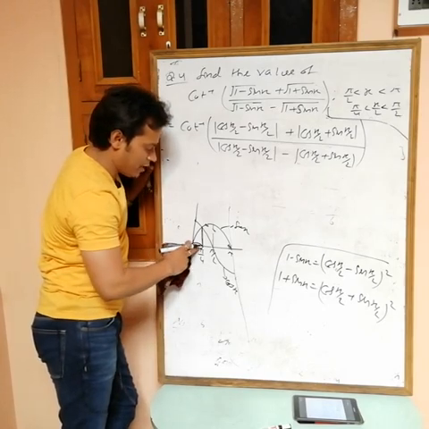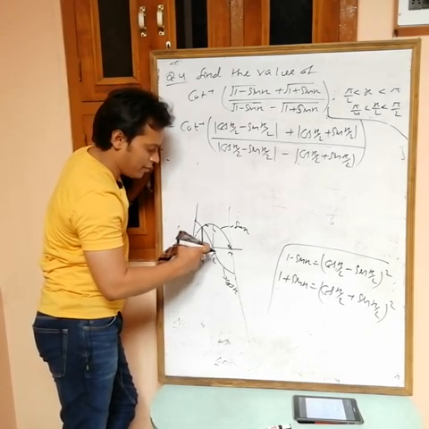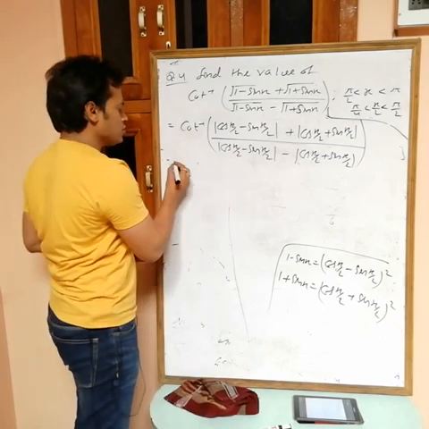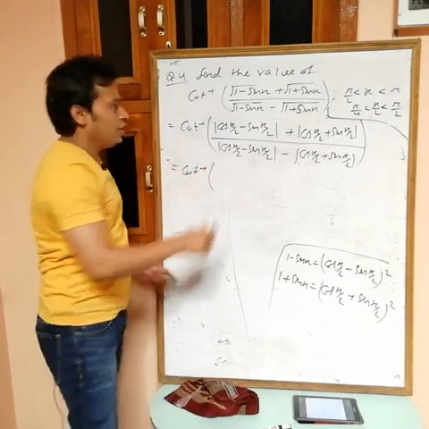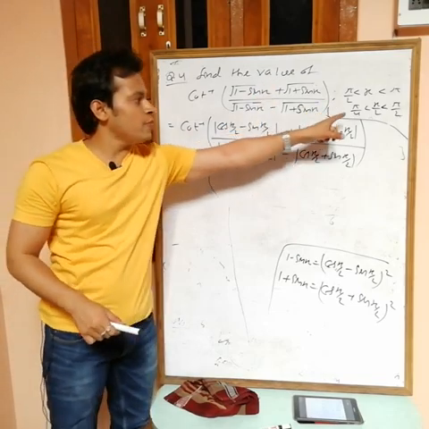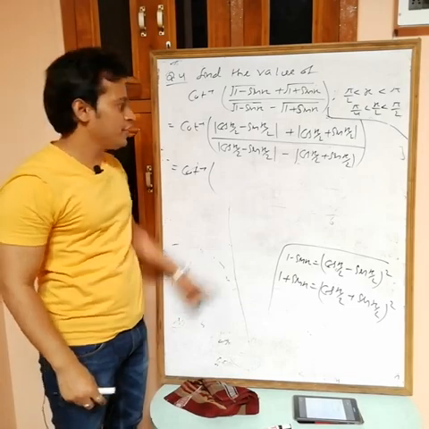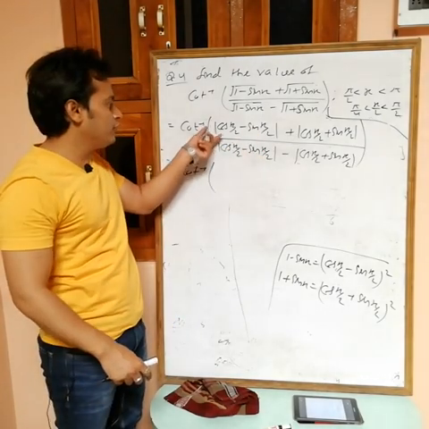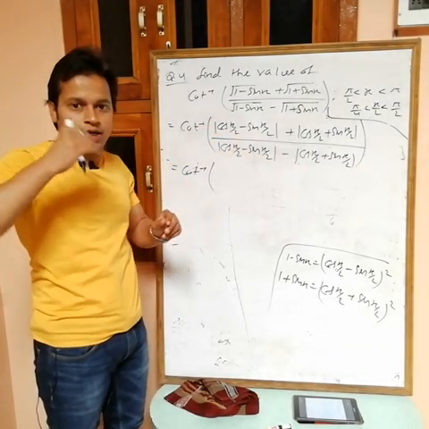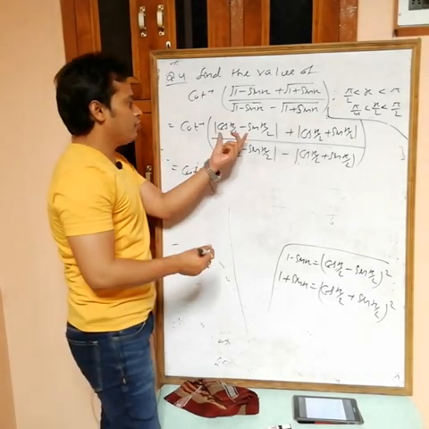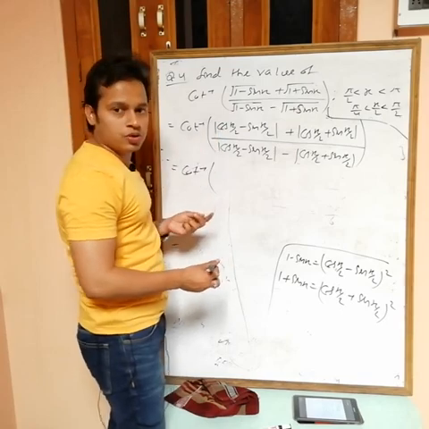Okay, for 0 to pi by 4 cos is greater than sin, and for pi by 4 to pi by 2 sin is greater than cos. Now see, so cot inverse. At this time, x by 2 from pi by 4 to pi by 2, then which one is greater? Sin is greater. Then you can't write value of this one as cos minus sin, because then this becomes negative, because sin is greater. So we have to write mod of this one as sin minus cos.